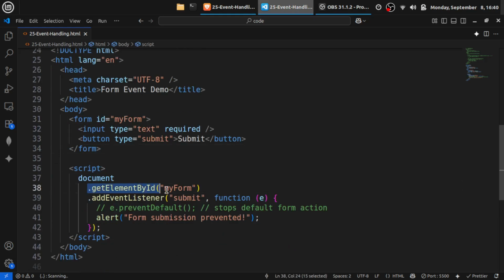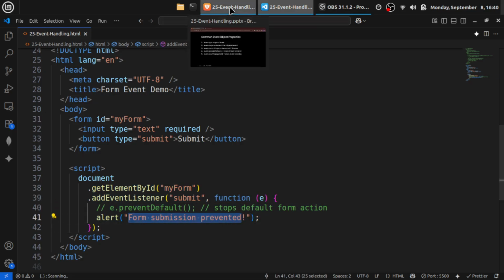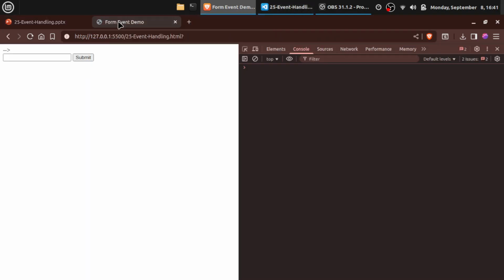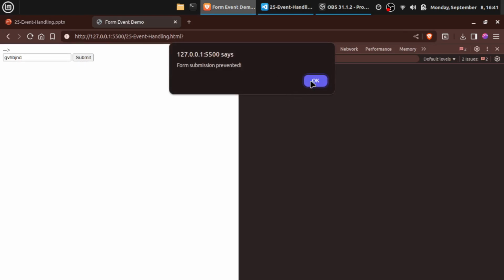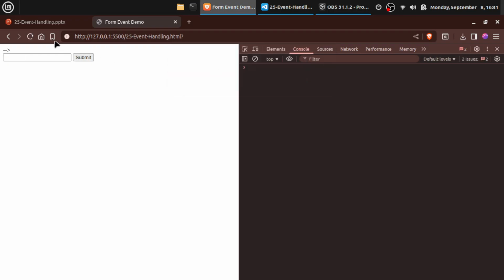And I am adding getElementById myForm here, and adding the event listener here, submit, and on submit I get an alert which says form submission prevented. Now when I type something and click on this submit button, I get the alert form submission prevented, and when I click, I just see this reload